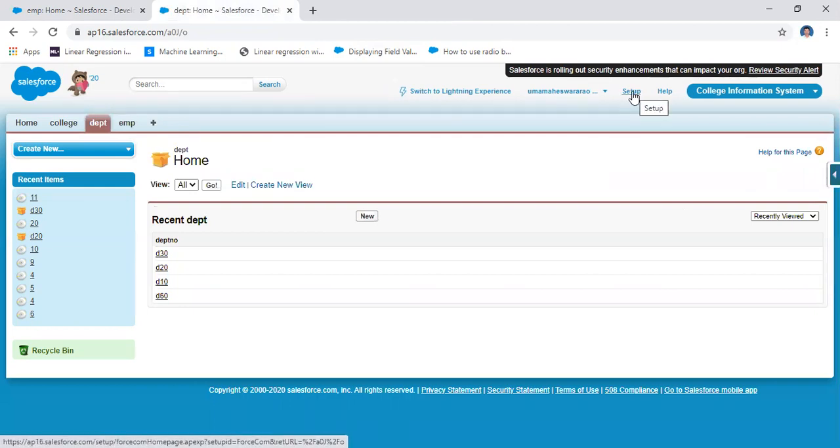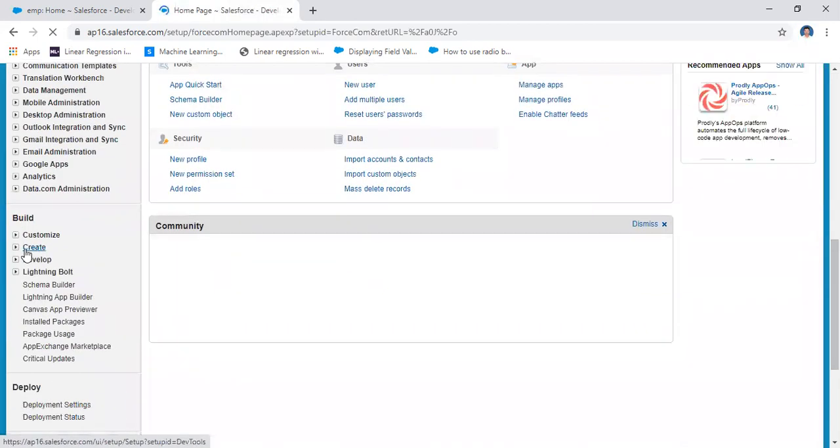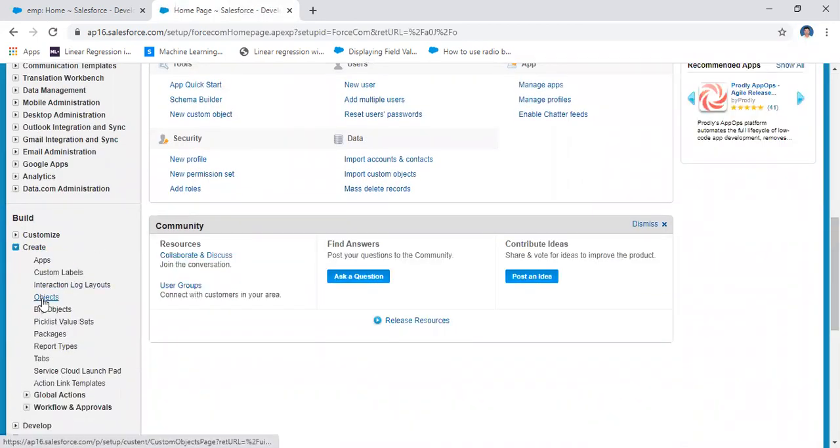Similarly, for minimum and maximum, go to Setup, and then create, and go to Object.